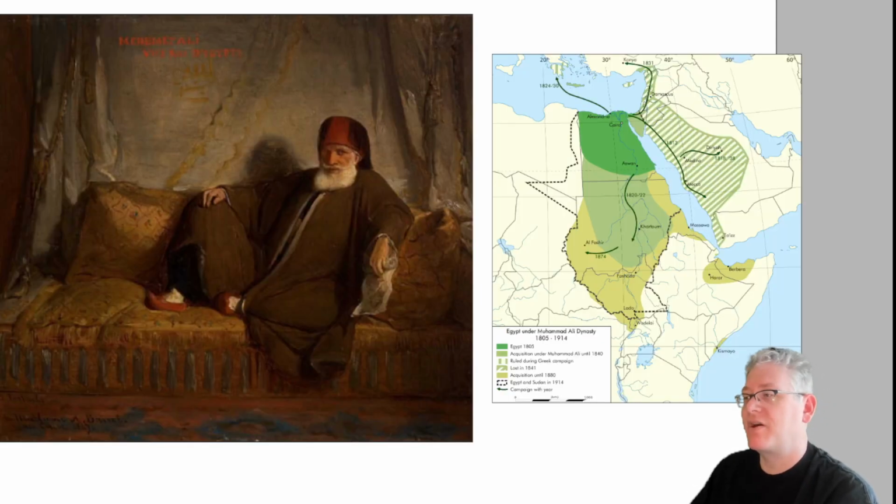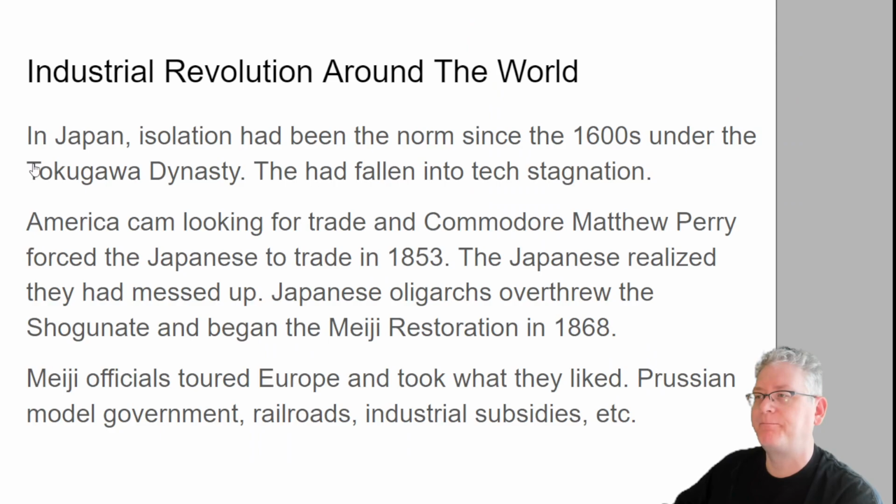That's Muhammad Ali over there on the left. Again, not the boxer, no real relation whatsoever. If you go to Egypt, you will notice they have tons of stuff about him there. He's very, very popular, and people talk about him a lot. Kind of like a founding father, like a George Washington of modern Egypt, not ancient Egypt, but modern Egypt. And you can see over there on the right a little map that indicates the size of his domains by the time of his death. I think the middle green is the farthest he got during his life, but subsequently they expanded it just a little bit.